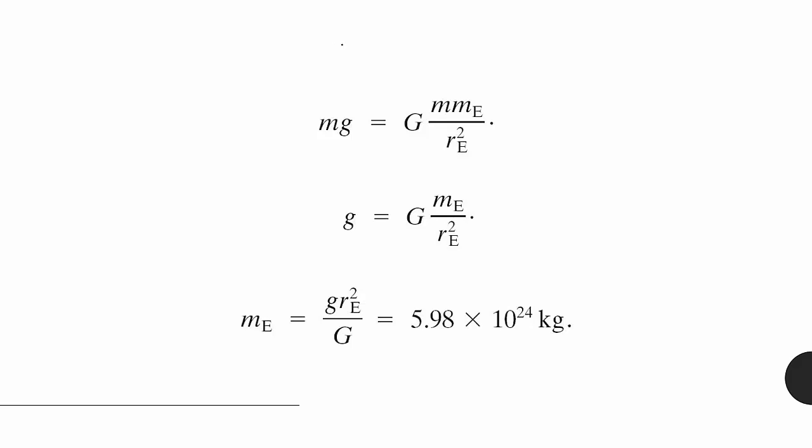Okay, as I mentioned earlier, we found gravitational force by doing mg earlier. Now we have a new way, basically both ways to find gravitational force, GMm over r squared. In this case, if we want to find the gravitational acceleration due to the mass of the Earth, we can cancel out the other mass, whatever object it might be. It's going to be the same on both sides of the equation, and that leaves us with this nice expression here that you can use to calculate the gravitational acceleration on the Earth if you know the mass of the Earth and the radius of the Earth, and if you know the gravitational constant.